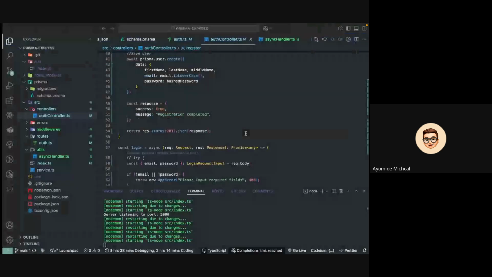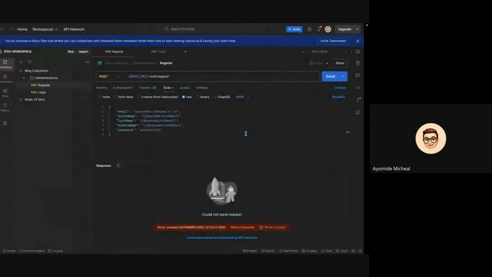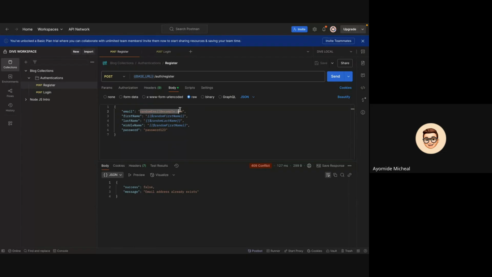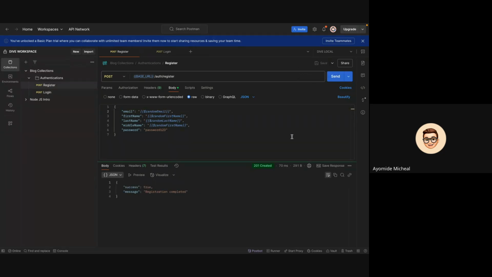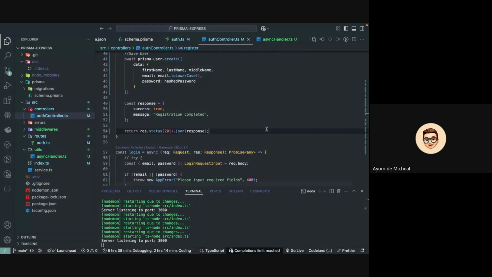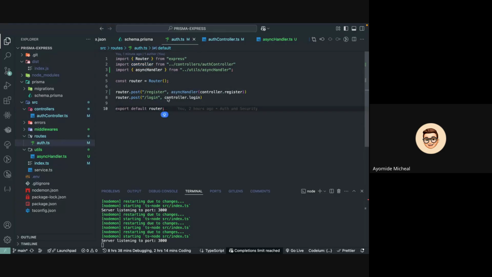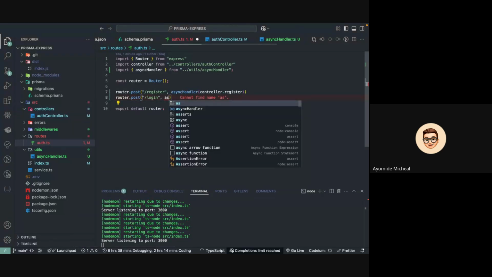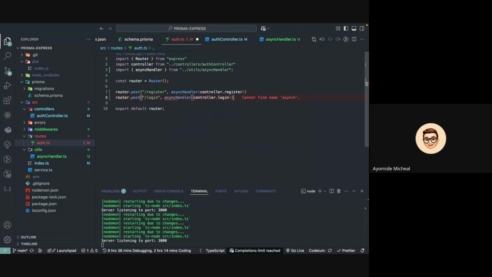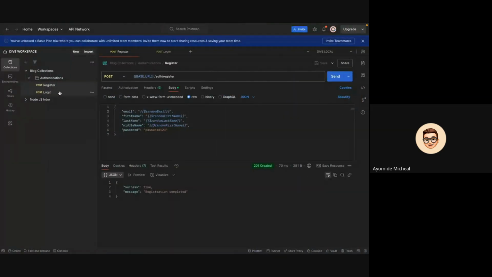The server is not on yet. Now it's running. Let me change this to random. So yes, we are done with registration. Let me come here and do the same thing for login. So I'm going to say async and controller.login. Are you getting me now? So if I come to our login route,